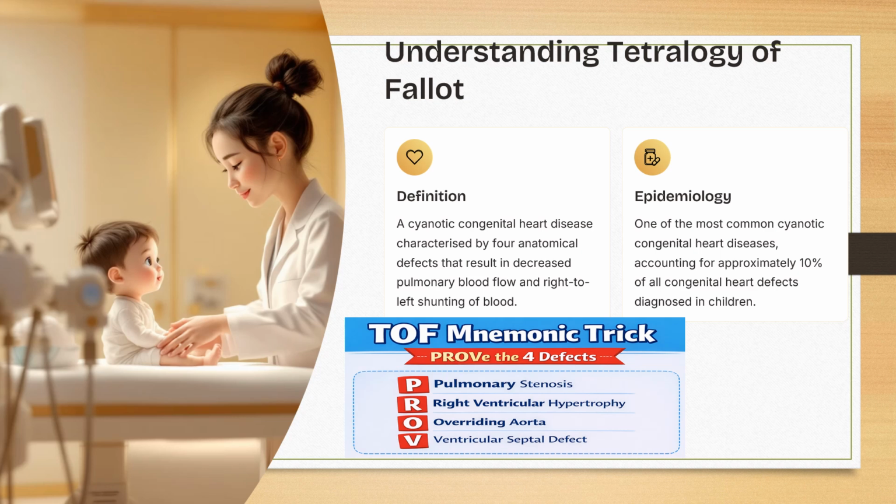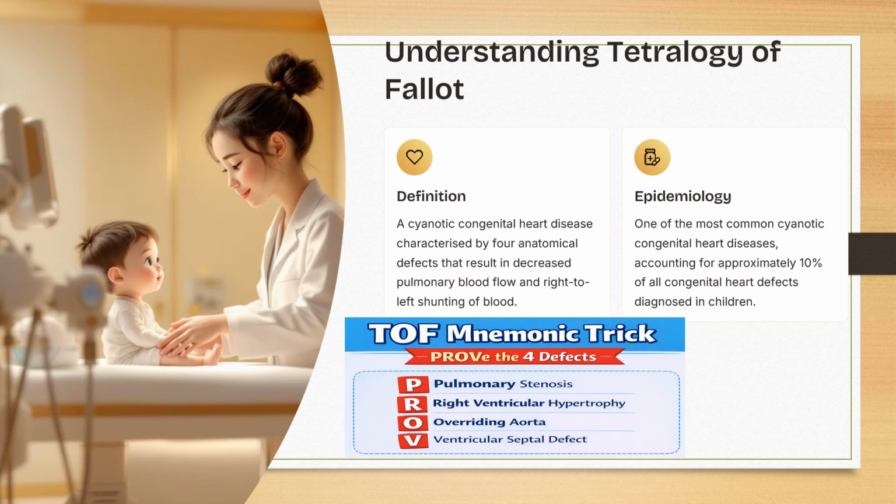Tetralogy of Fallot is a cyanotic congenital heart disease which is characterized by four anatomical defects that result in decreased pulmonary blood flow and right to left shunt. Through a mnemonic we can learn properly. We can say PROV for the four defects. P denotes pulmonary stenosis, R denotes right ventricular hypertrophy, O denotes overriding of aorta, V denotes ventricular